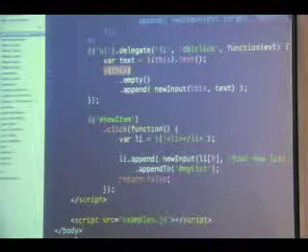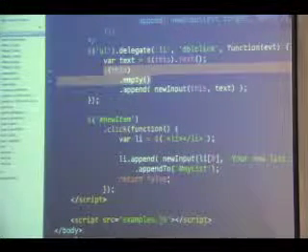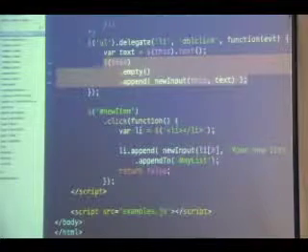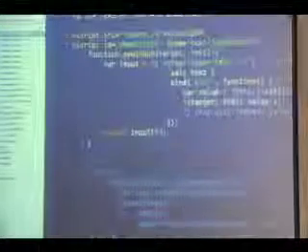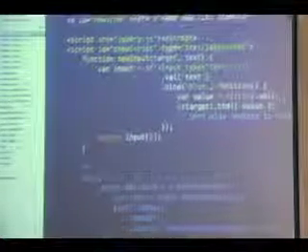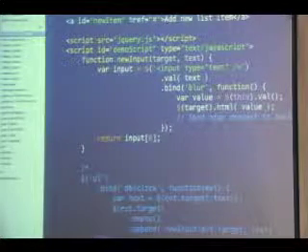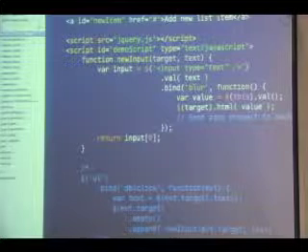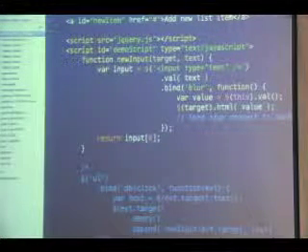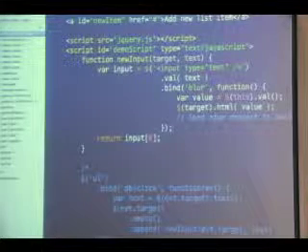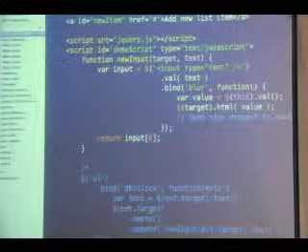So it's going to take my list item, it's going to empty it, and it's going to append a new input, this text. New input is a function that I introduced up here at the top. And it's going to take a target element on which it's going to append the input itself to, as well as the text to stick in the value. So this is just a helper utility method that I made, and it's going to make it really easy then when we do our add new item at the end.